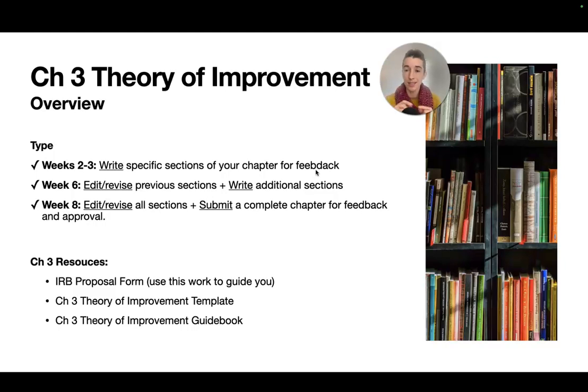So when the assignment says, hey, weeks 2 and 3, write these sections, only write those sections, please. Don't go beyond and try to do the whole thing at once. We're going to chunk it up, and I want you to really focus on those sections and write your first draft of them, and then edit and revise them. So what you are submitting is probably your third or fourth draft. And I'm for real, really try to polish your writing. You've had lots of opportunities to submit writing and get feedback, and I want you to engage in self-editing and revising along the way.